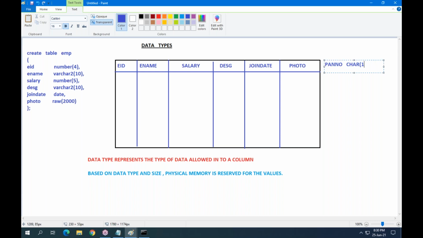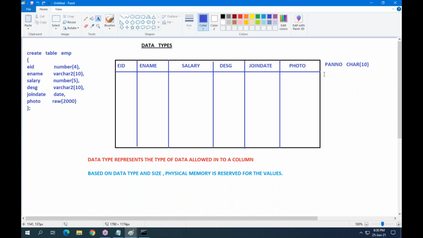Use the data type char and size 10. If you enter any value into this column, for each value it will reserve 10 character length memory. What is the length of each PAN number? 10 characters.